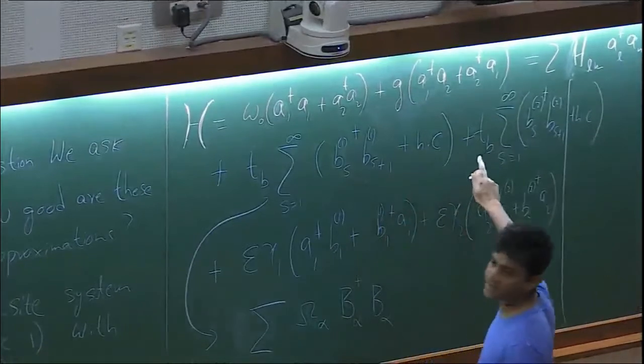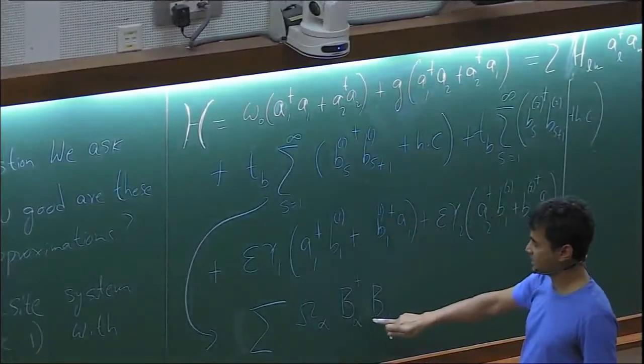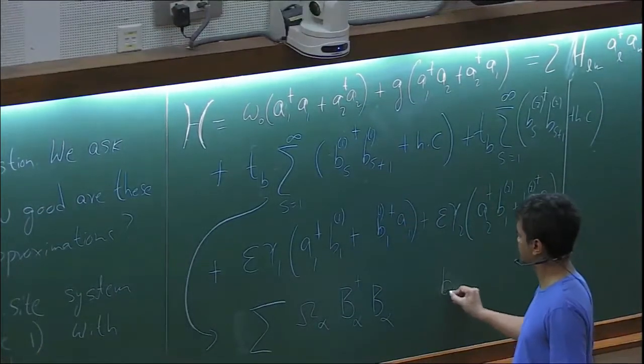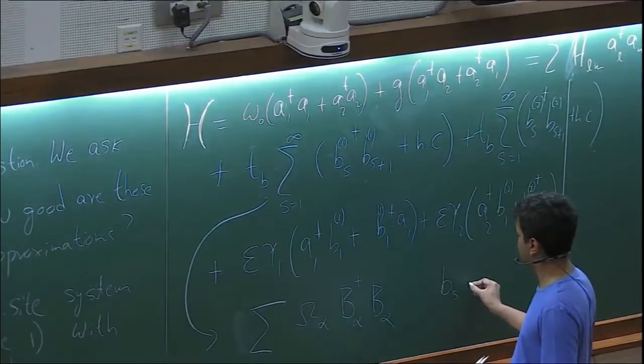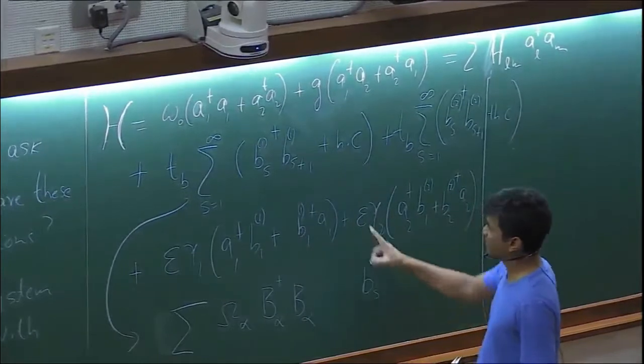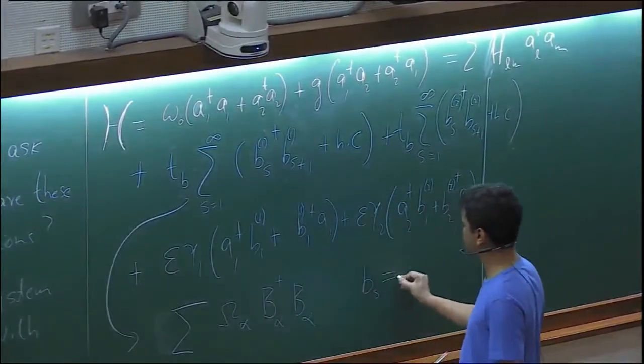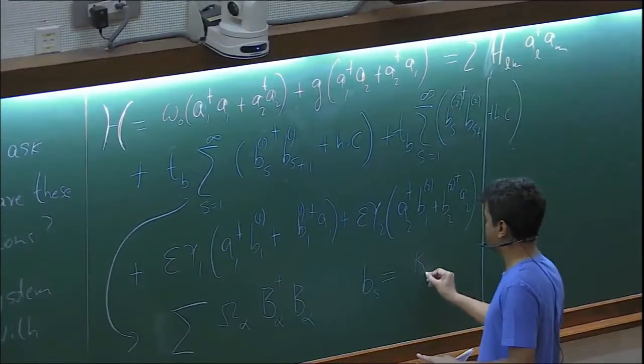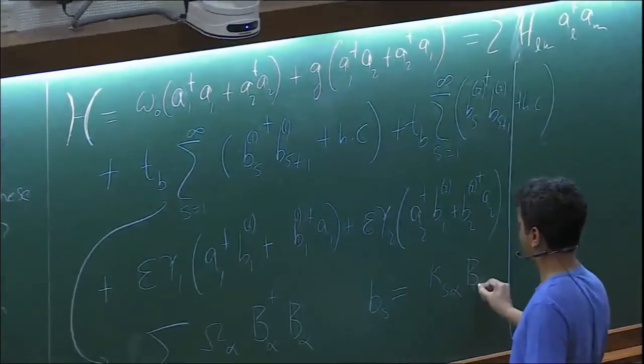Because it's a quadratic Hamiltonian, I can just diagonalize it and write it like this, where I'm ignoring the indices. If I make some transformation, Bs is equal to Ks alpha B alpha,